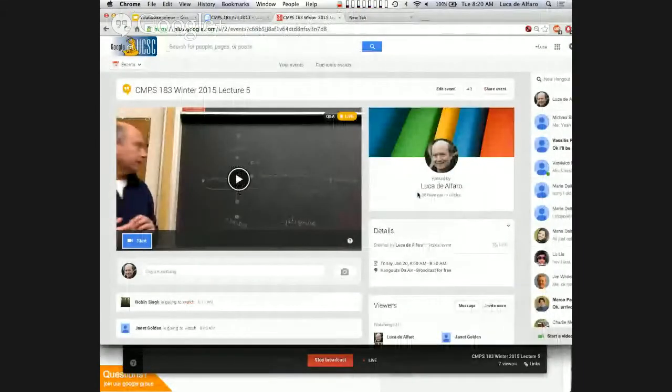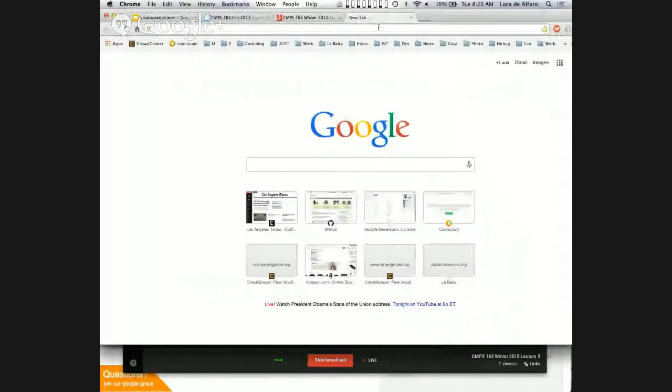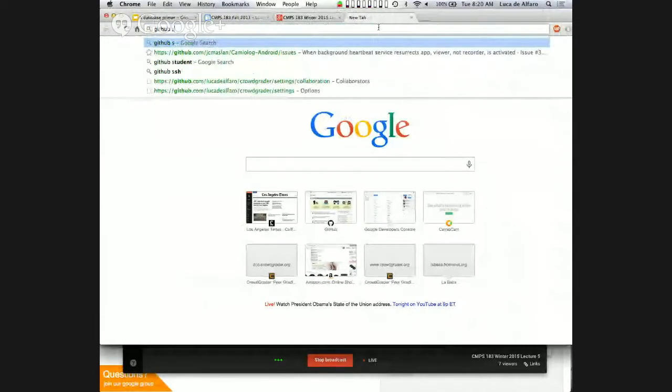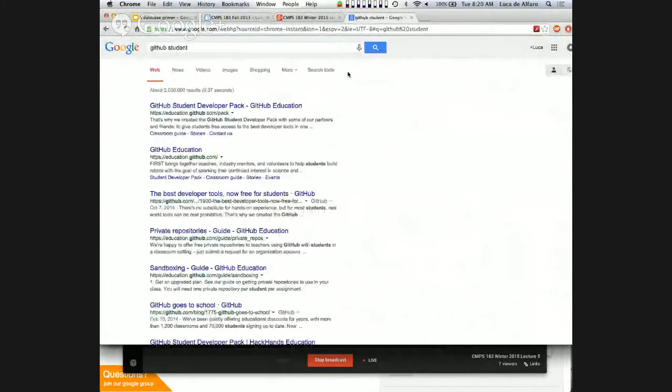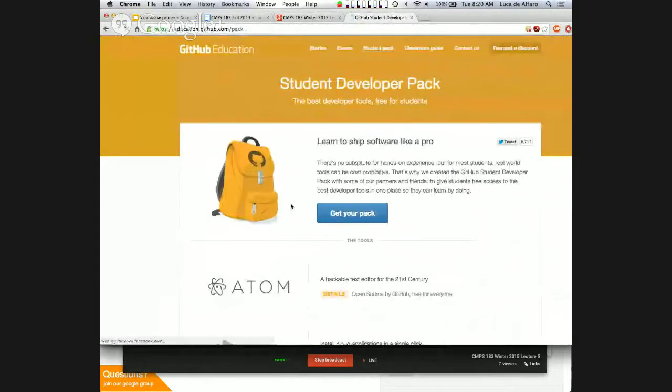I think that GitHub does it if you are a student. So I think that if you search for GitHub student developer pack, you can sign in via these. And what does it give you?